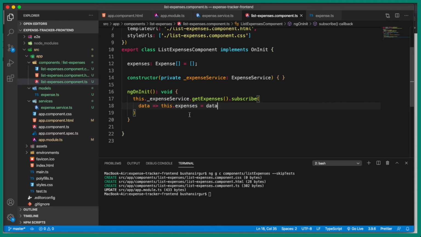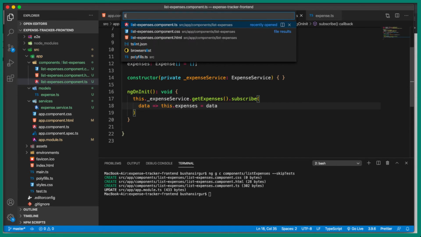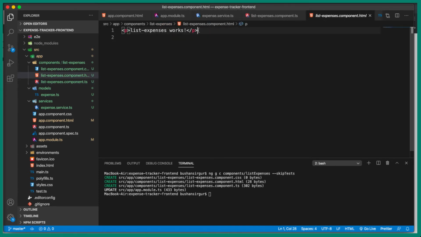So let's go to the view template, which is list-expenses.component.html, and inside this, let me get rid of this paragraph tag. Let's create a div.